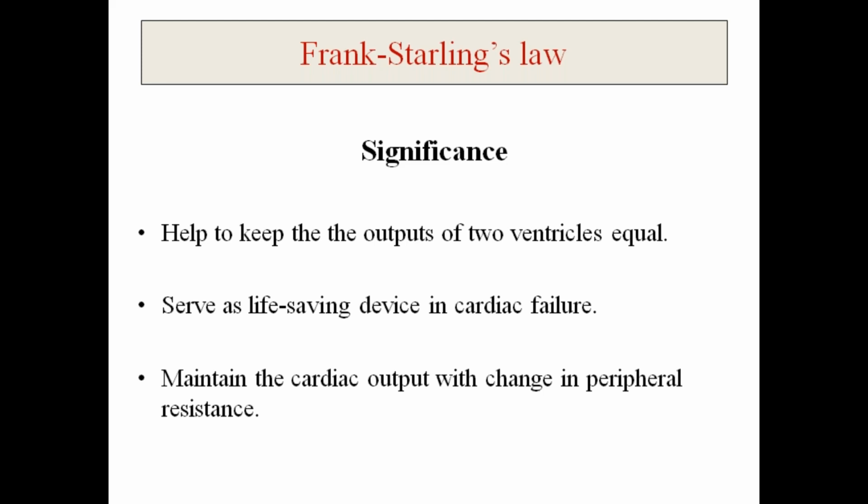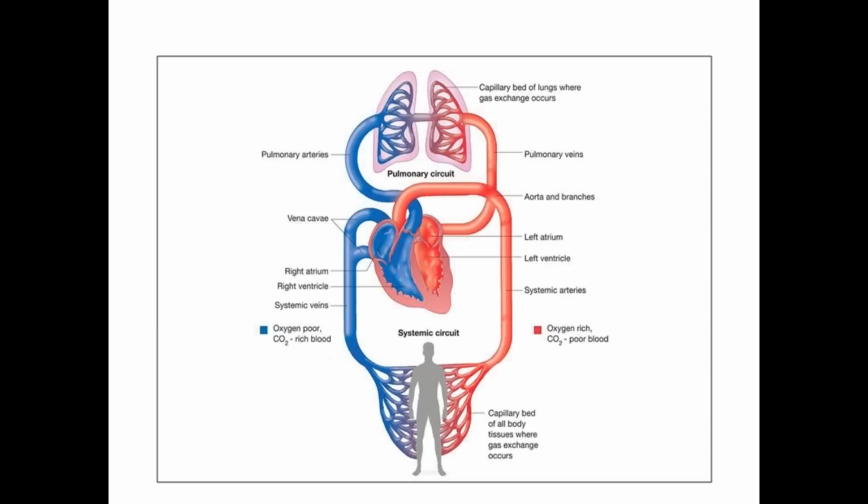Why? Because suppose the right ventricle is pumping more blood, and suppose your left ventricle is pumping less blood, then what will happen? Right ventricle is pumping more blood, that means more blood will be going to the lungs. That means more blood will be coming to the left side through the pulmonary vein. And when more blood is coming to the atria, more blood will reach the ventricle. And when more blood reaches the ventricle, your ventricle will expand and there will be stretching. And when there is stretching, your ventricle will contract more forcefully. As a result, the output of the left ventricle will also increase. So you see that both right and left ventricles have somewhat the same output.